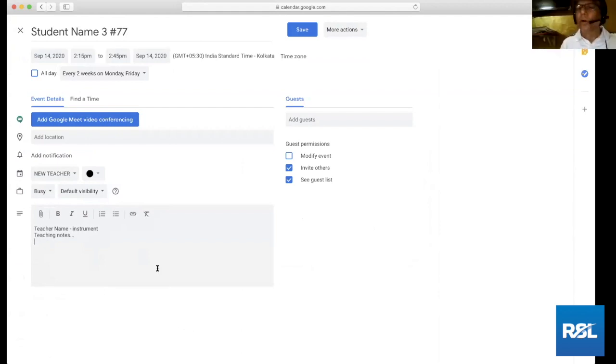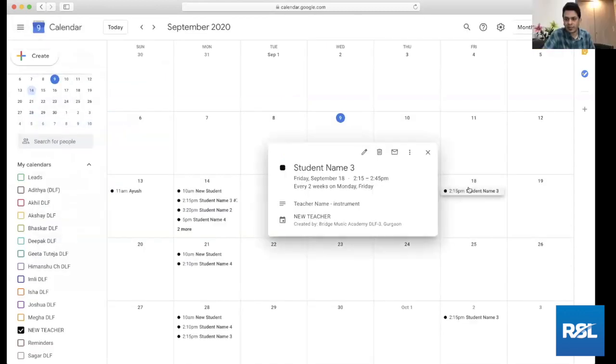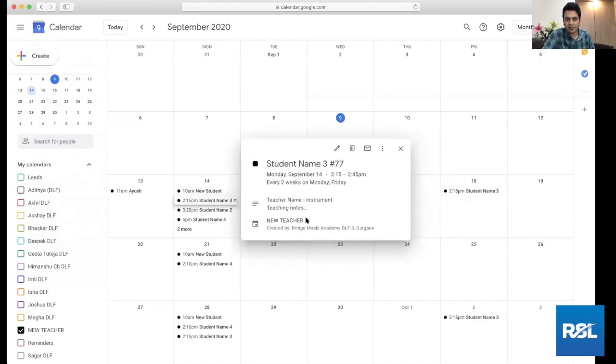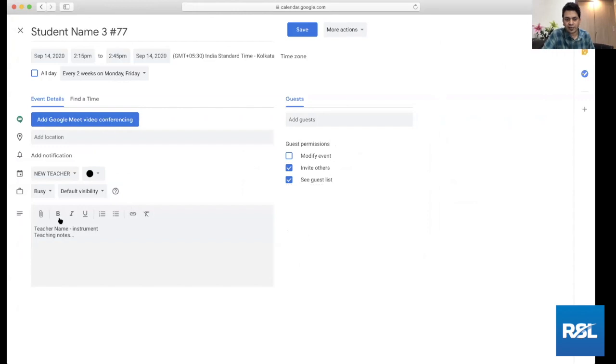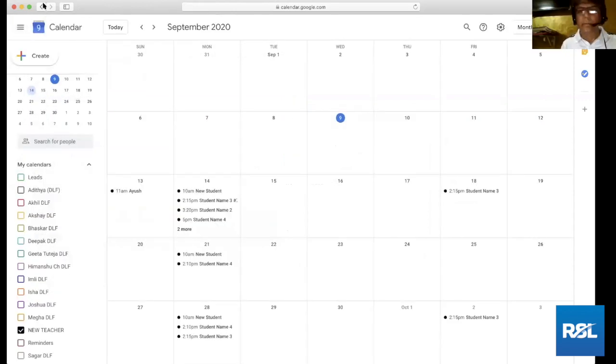All of those things are there. Normally what I do is I send it on WhatsApp, so this can be implemented in this itself. Absolutely, because WhatsApp is going to be hard to search for the information. On the calendar, you go back to the same student, click on the event, and you see all the detailed descriptions here. It's very easy to do.